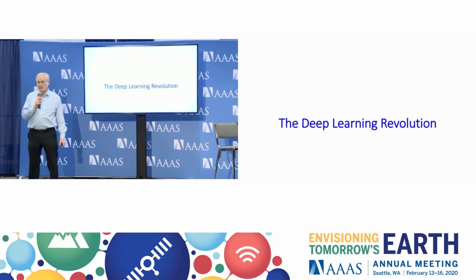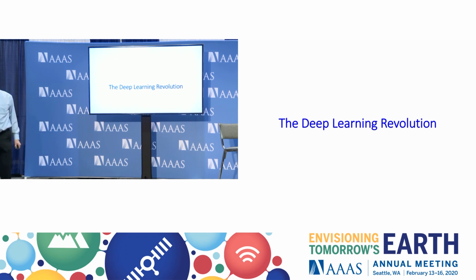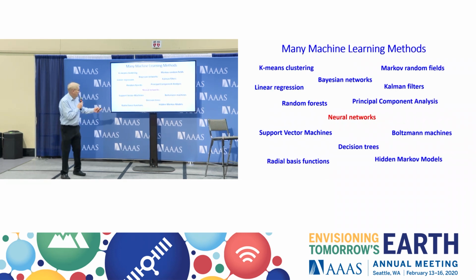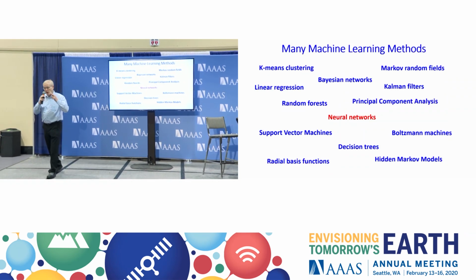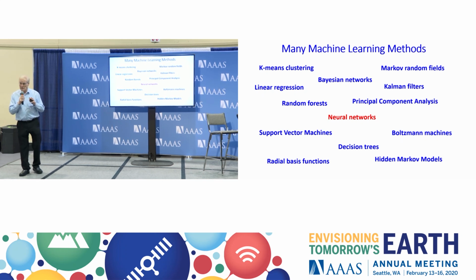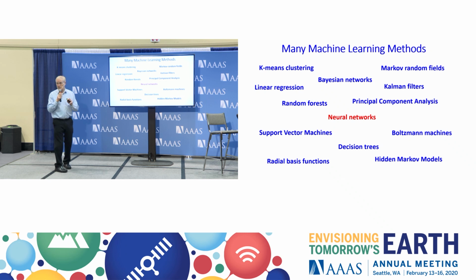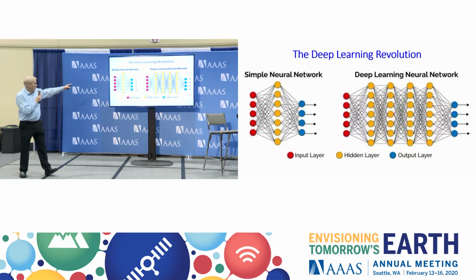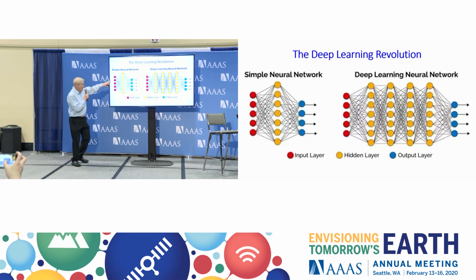First of all, I'd like just to rehash a little bit about what's happened in the last 10 years. There has actually been a revolution because machine learning methods are a subset of AI technologies, but they're the ones that are most relevant at the moment for what we're doing with the experimental data at these laboratories. And there are many methods, but neural networks is in red because in 2012 there was what has been called the deep learning revolution, because there were methods using neural networks where you model